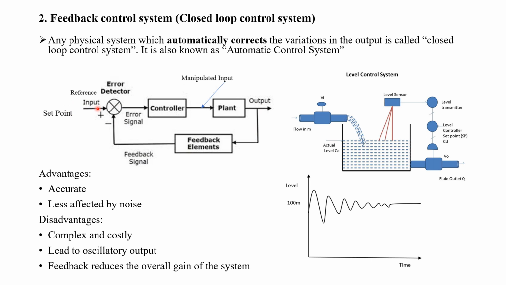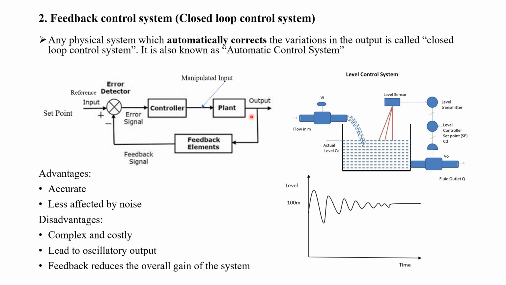What do you mean by reference input signal? The output we are expecting from the tank is nothing but the reference input signal. So this measured tank level as well as the reference level will be compared here at the error detector. Then the error signal will be generated and it will be processed by the controller, and the controller will adjust the plant accordingly. This process will be repeated till the output from the control system is equal to the set point or the reference input signal, or what we are expecting from the control system.